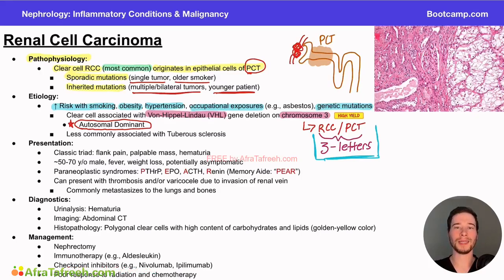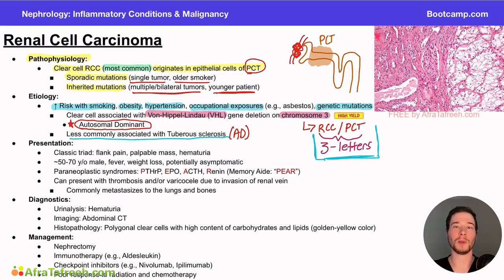And also, just for completeness' sake, I wanted to point out this is less commonly associated with another autosomal dominant condition called tuberous sclerosis. And recall, tuberous sclerosis is a genetic mutation in either the TSC1 or TSC2 genes that can have a patient that presents with a variety of characteristics such as seizures, intellectual disability. There's oftentimes skin findings, a classic one being ash leaf spots. But it's important to keep in mind these patients are also at an increased risk of developing renal cancer, specifically